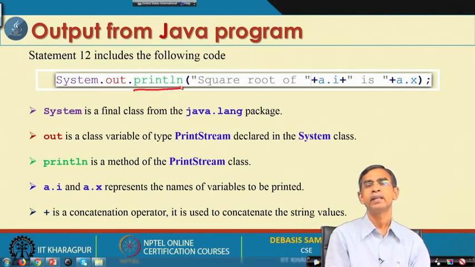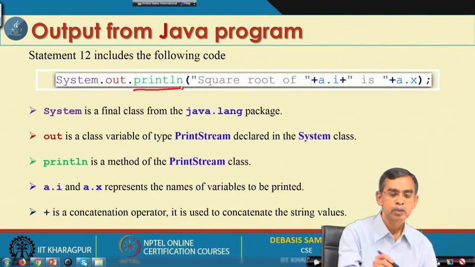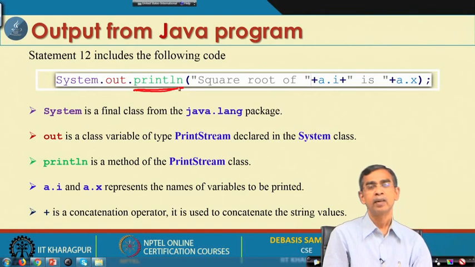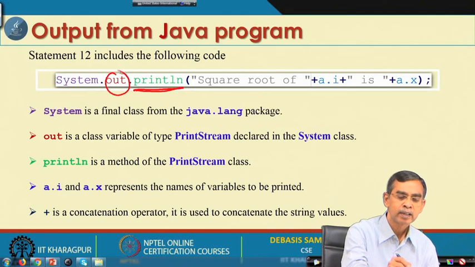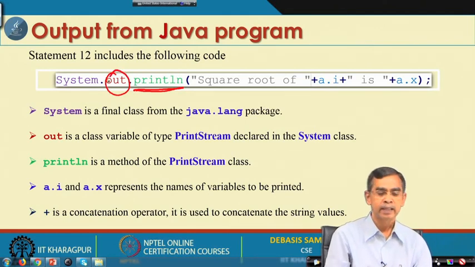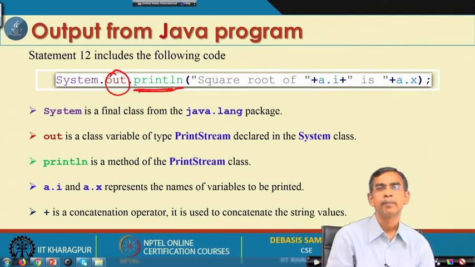Println has many variations like println, print, printf. Anyway, println is a method. Now, this method is again defined somewhere. It is defined in the java.lang package, and the java.lang package has one class called System. In that class it is defined, and in fact, for System there is an out class, and in this out class the method is defined.